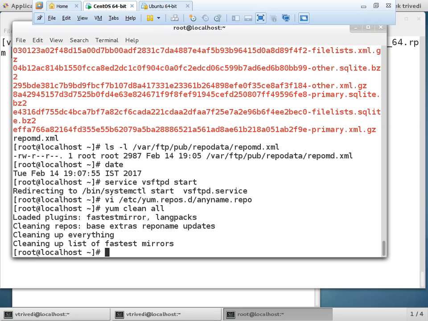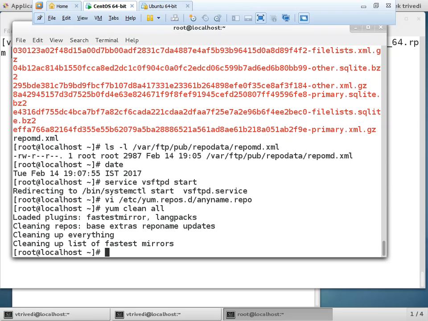If a file is available, it will refer to the base URL entry in it, go to that particular FTP or HTTP or NFS server, and try to find the presence of a repomd.xml file at that path. If it is available, it will read the contents of that file and give me a listing of all the packages. But on my system,